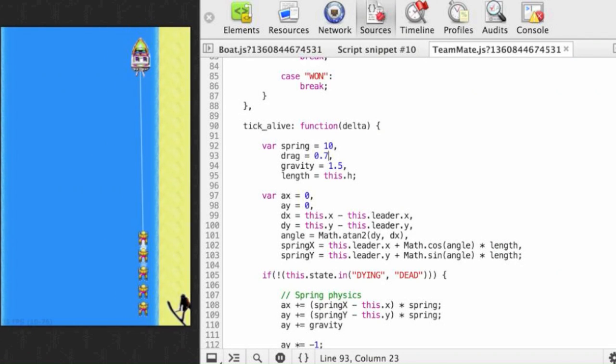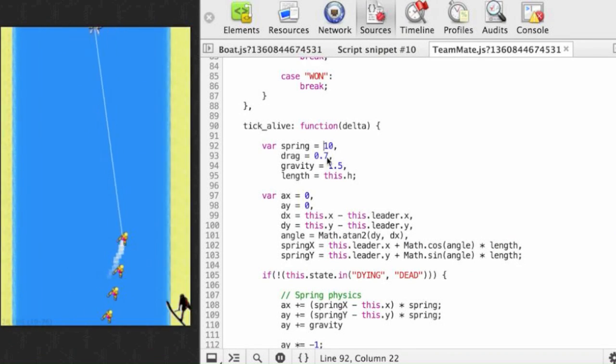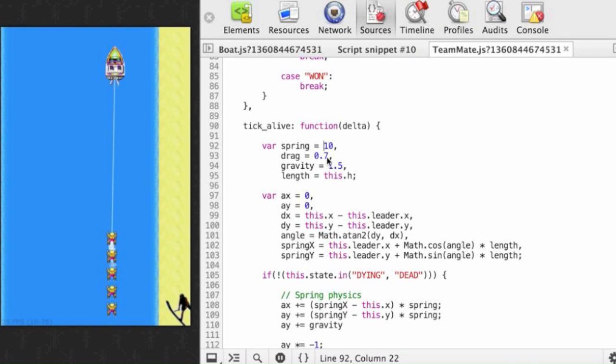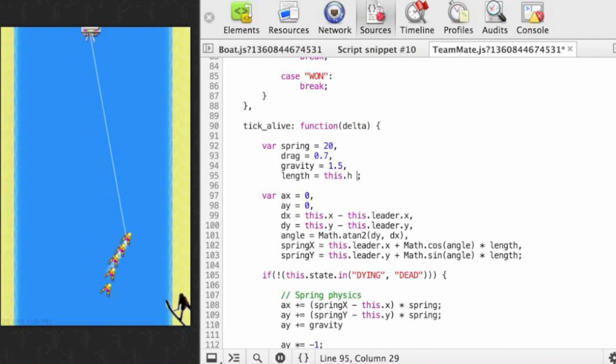Yeah, that looks a lot better. The guys drop back a bit. How about if we decrease it more? Oh, that's too much. They're zagging all over the place there. Let's tighten that up a bit. Come back, players. And let's make the spring firmer, much firmer. 20. Now they drag together. They're a bit close together, so